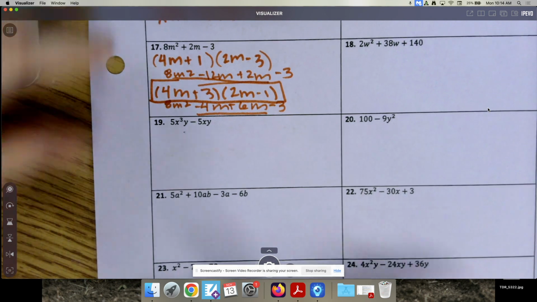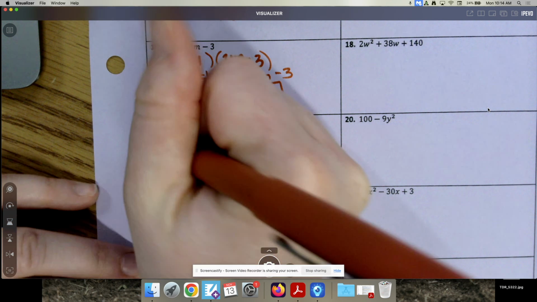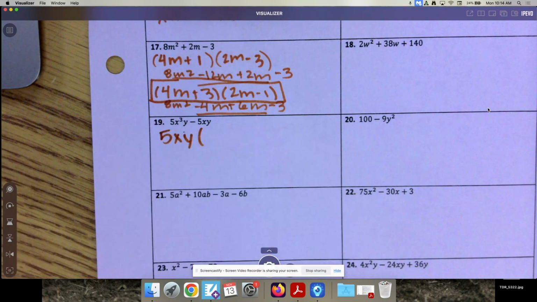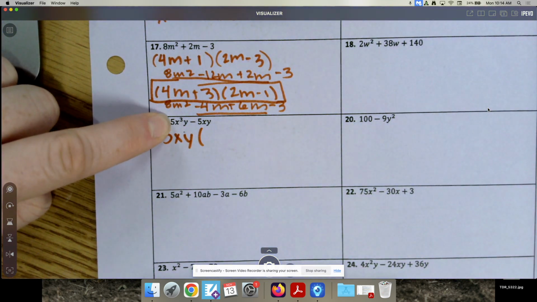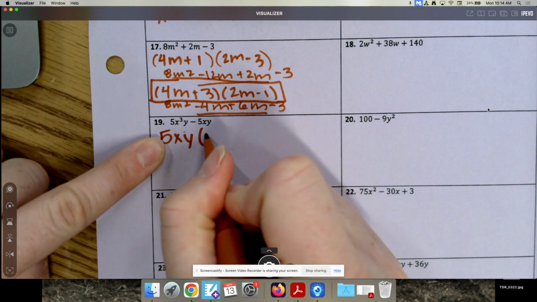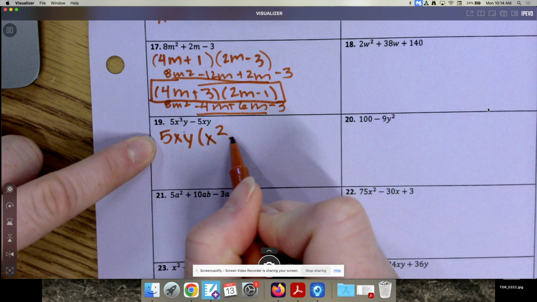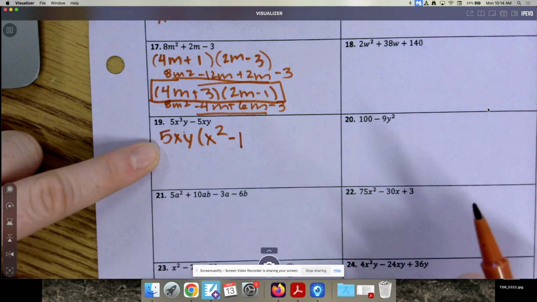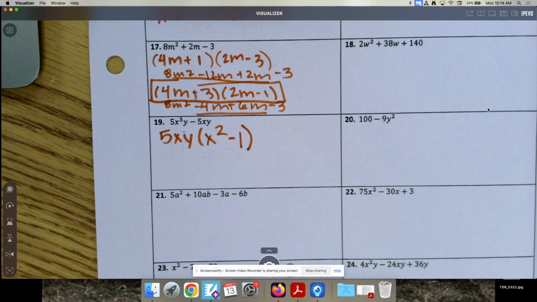On number 19, what do we do first? Take out the 5xy. So always look for what you can take out first and make sure you're writing what's left over. So 5 divided by 5 is 1. What will x cubed turn into? And do we have any y's left over? No. 5 divided by 5 is 1. Do we have any x's left over? Do we have any y's left over? No. So look for what you can take out first, write what's left over, and then just see,